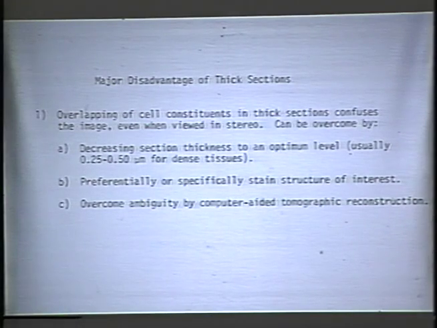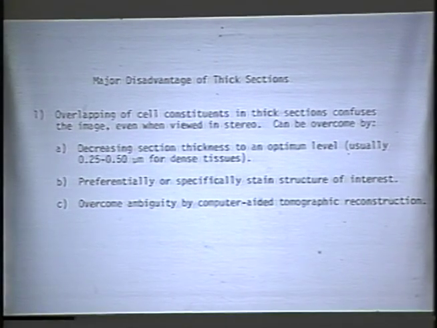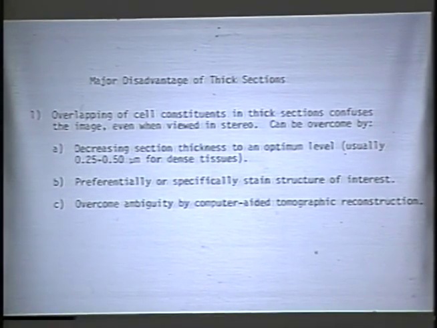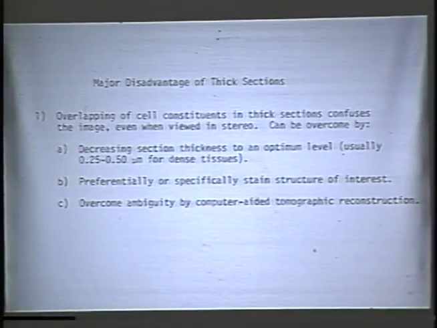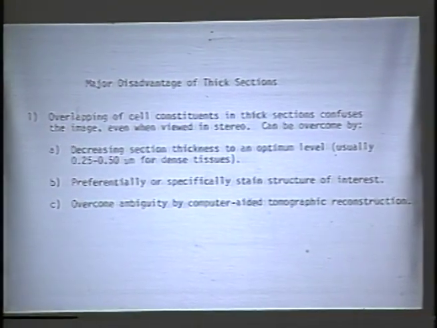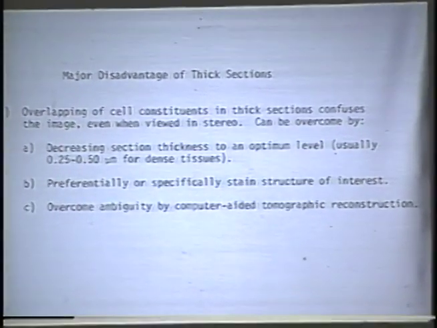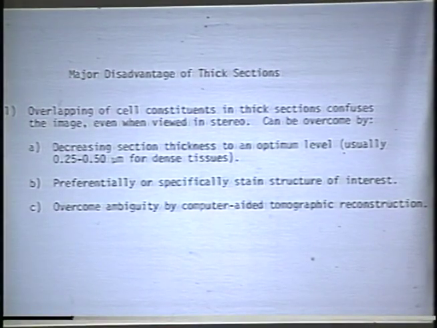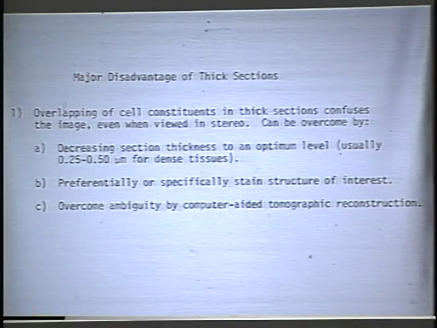There are disadvantages of thick sections. One of the disadvantages is that there are more and more structures in thicker and thicker sections. And these structures can be very confounding. If you have microtubules stacked on top of a nucleus and there are mitochondria mixed in there, and you look at a single micrograph, then it's very busy. It's very difficult to interpret. So one way of dealing with this problem is to use stereomicroscopy. But that only works up to a certain level of thickness, maybe 1 to 2 micrometers at best. Above that, you can use